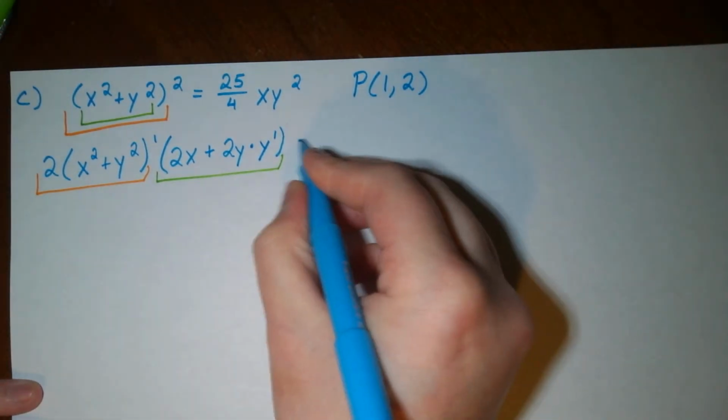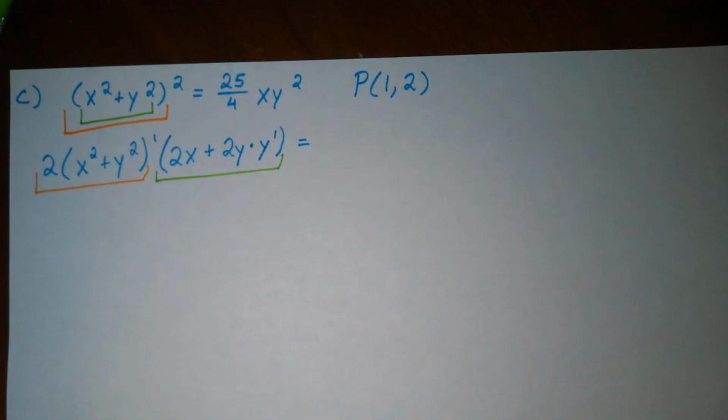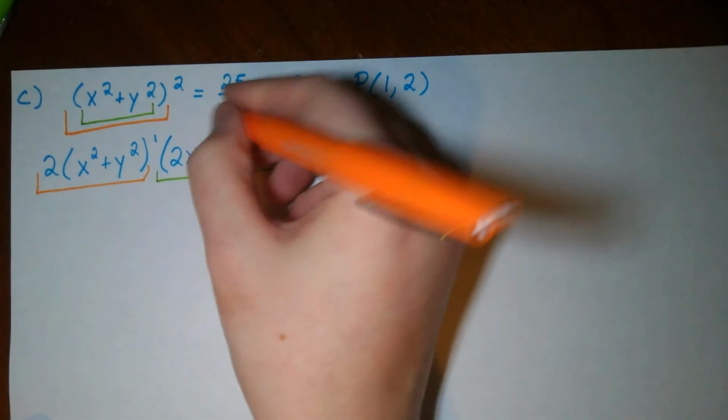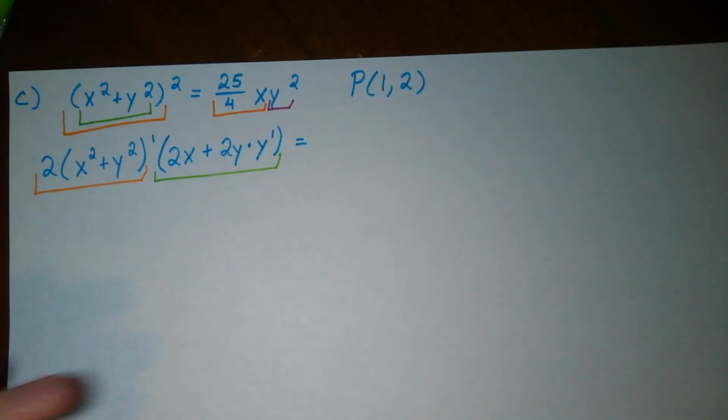Now we are ready to take the derivative of this guy. So notice that I'm going to have to use what rule on this guy? I'm going to have to use the product rule. So I'm going to use that guy as one function, and I'm going to use this guy as my other function. So remember,